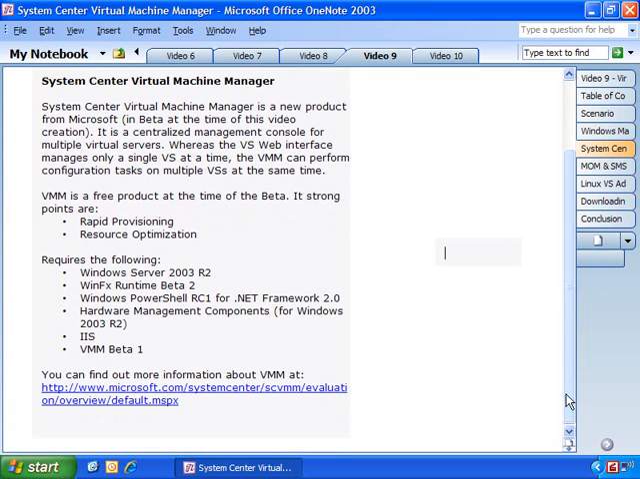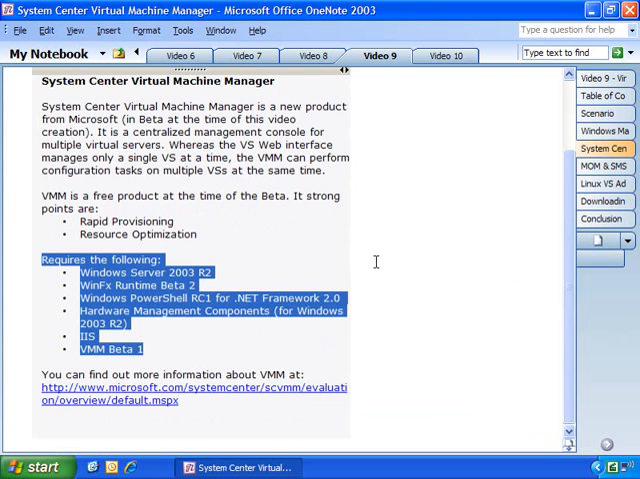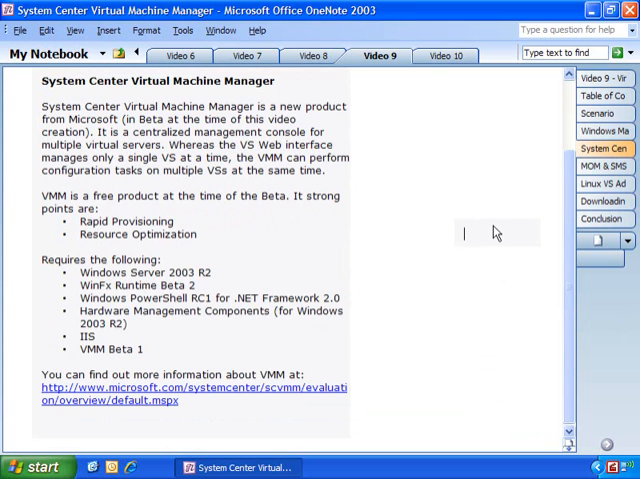We scroll down here. It requires the following, which is a lot. And I'll be honest, to get the beta installed, it took me a couple days. And I usually don't have a lot of problems getting most applications installed. But I think because this is a beta, it's still a pretty rough product, and it requires some very specific